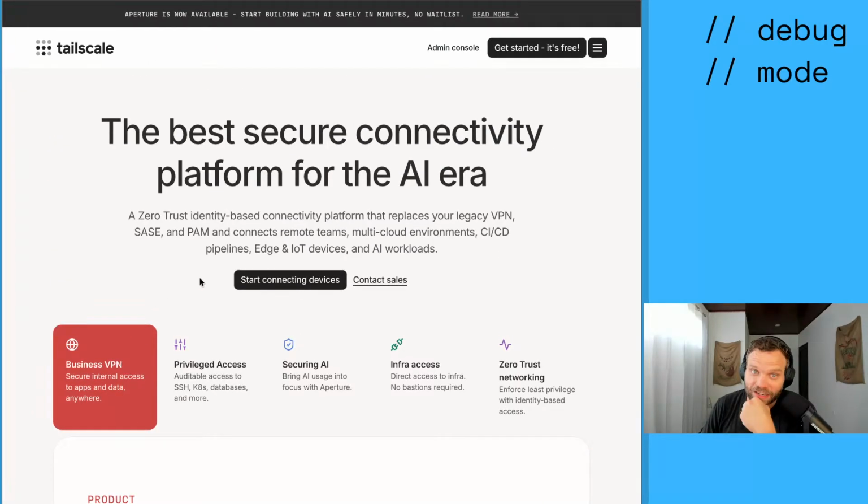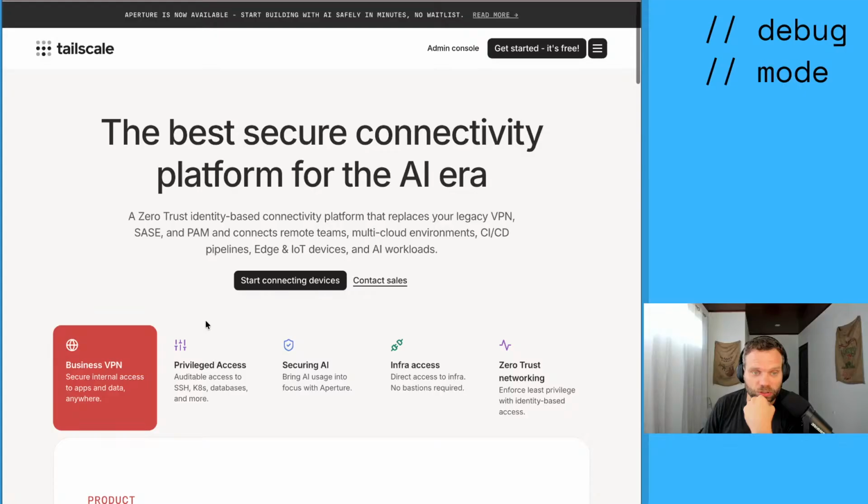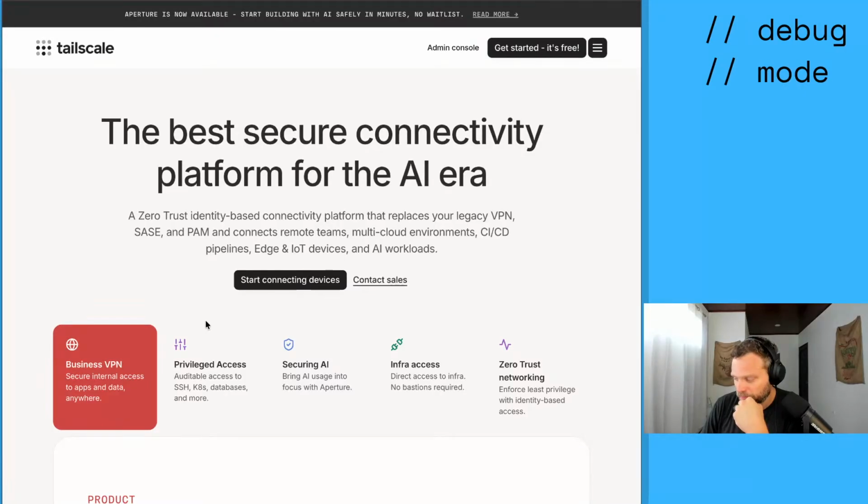It's got a very nice free tier, especially for personal use. But what really becomes powerful about it is when you start wanting to have what they call a tailnet, or a private mesh network that you can extend across cloud providers and personal computers. It kind of blurs the line between where something runs and what you have access to,